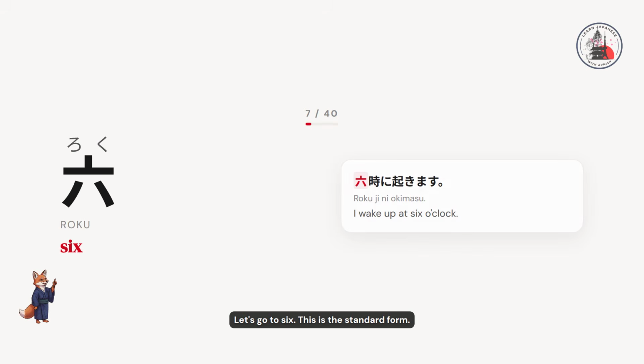Let's go to 6. This is the standard form. 6、6。 Example. 6時に起きます。